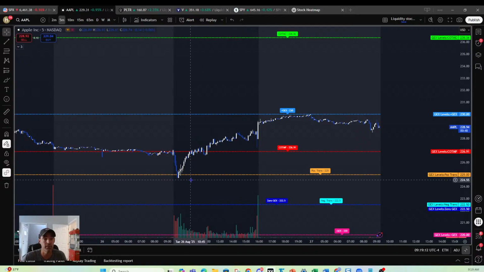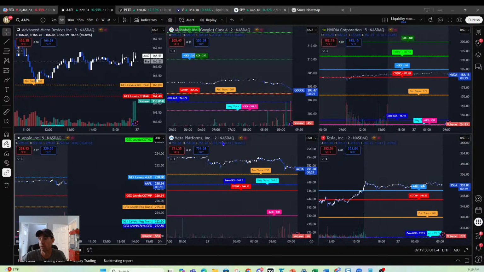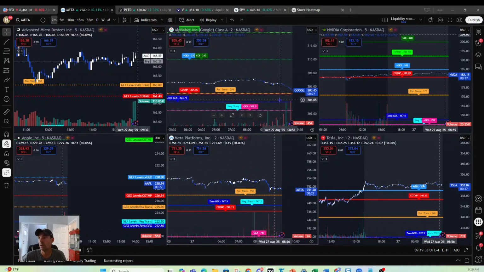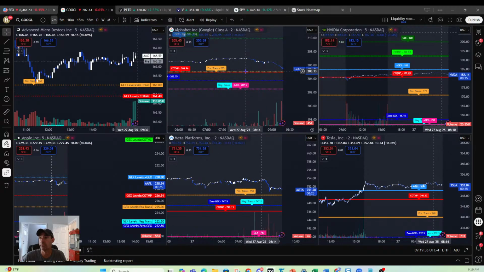So you have price discovery around these areas. But again, getting involved on stocks that have a supportive structure and sentiment, and then moving up towards 230. 230 is going to be that local peak we watch to get over today for Apple. If we get over that, obviously there's opportunity to move much higher, but this may be that hurdle for Apple today. And then all the stocks we go through are pulling back to P-Trans levels.